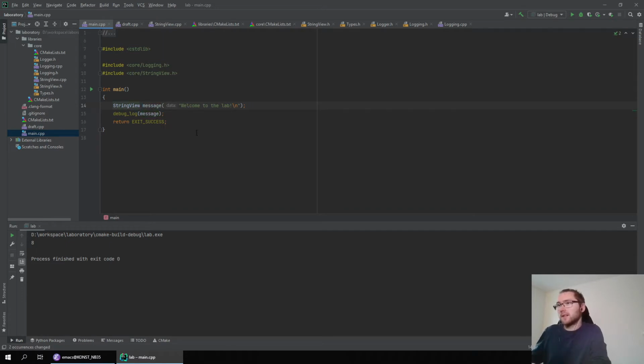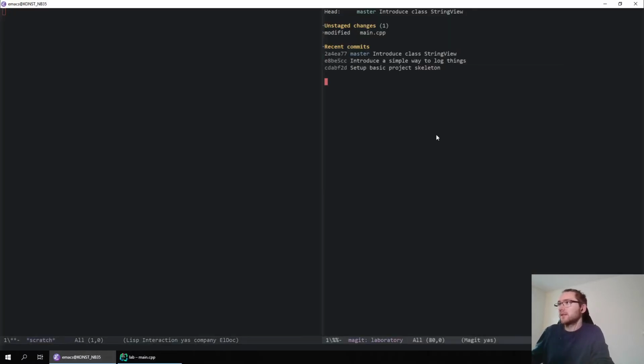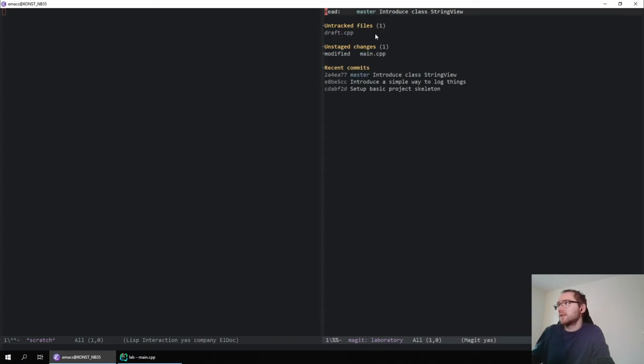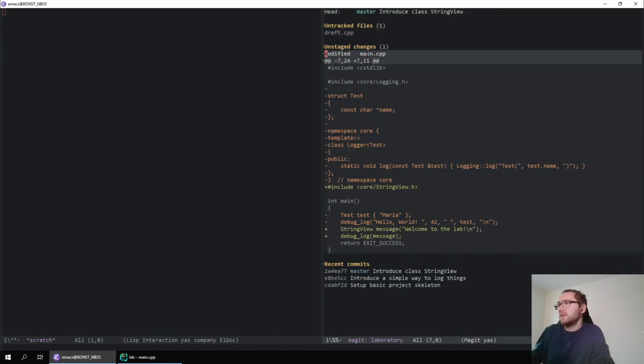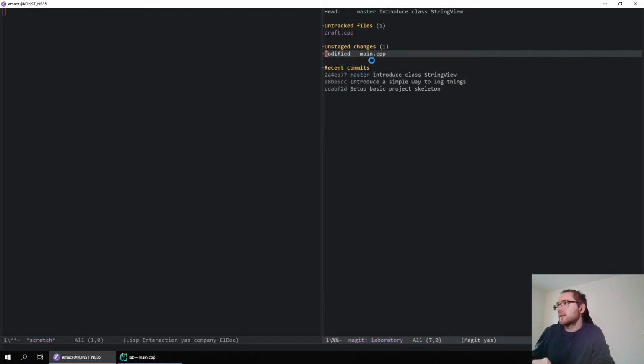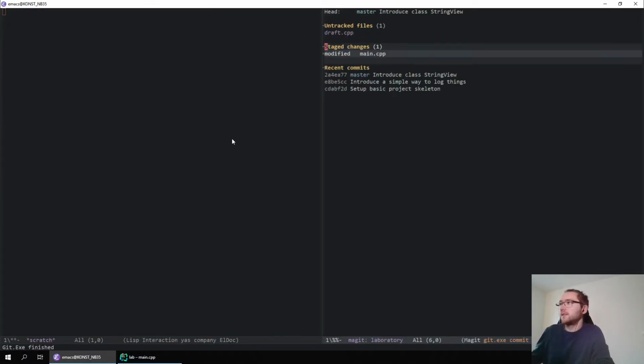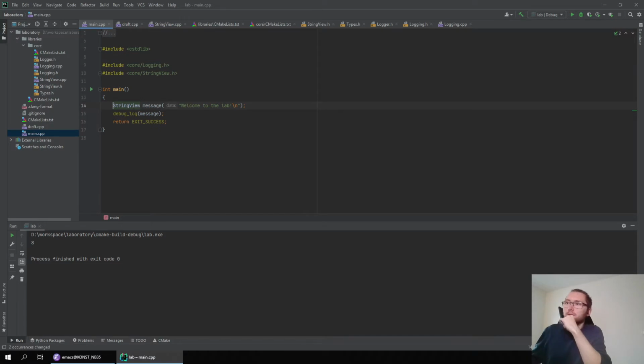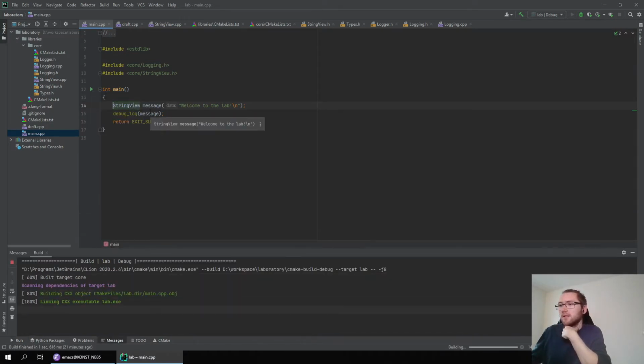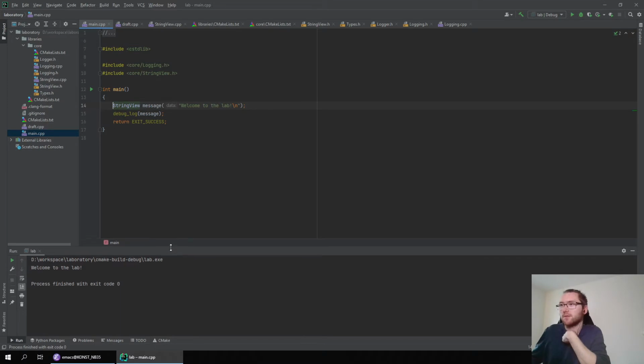Let's just commit this as a little cleanup commit, so that I can just drop the changes that I've done in the main file, so that it is always clean. So cleanup main.cpp, fine. That's what I wanted to do. Does it still run? Let's just test. Okay, works, perfect.